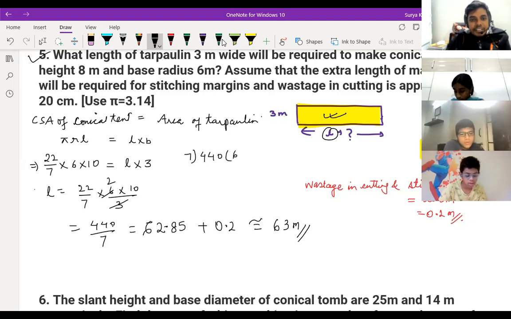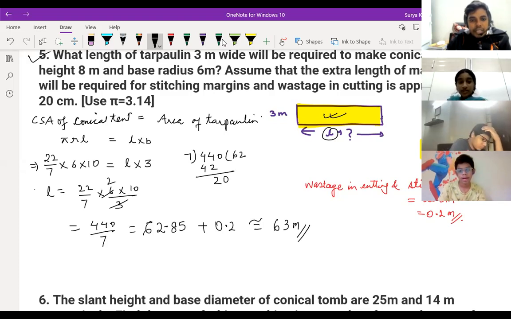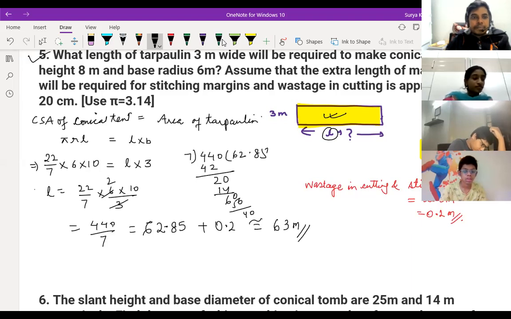Sir, for 440 divided by 7, should we take only 2 places of decimal or more than that? Take 2 only. That is enough, not a problem. Sir, yes, it's coming 63 meters. At the back, that's approximate, that only I have written here. 63 point something will come, but approximate I have written here. It's clear? 14, then 6 is there. 7 8s are 56. So here 4 will be there, then 5. Yeah, it's coming the same only.